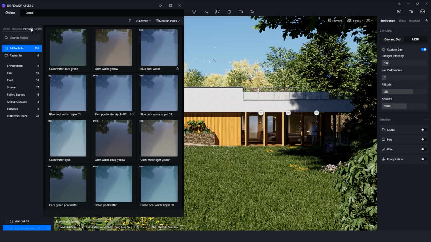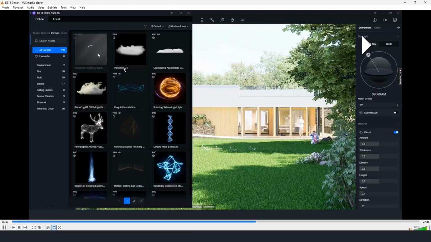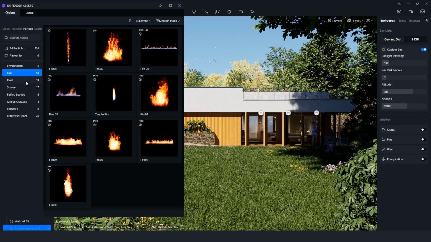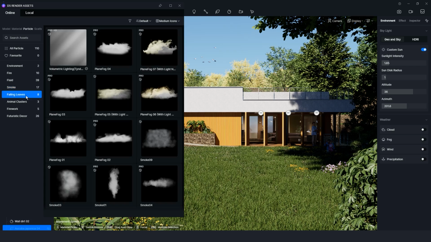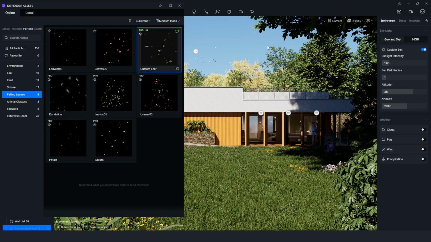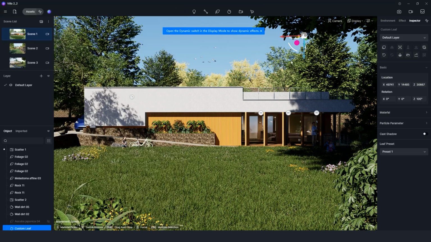And finally, we also have another category called particles. Under this, we have a lot of environmental settings and add-ons that could add some realism and dynamic character to the scene. Since we have a lot of trees around, let's pick falling leaves and place it on the